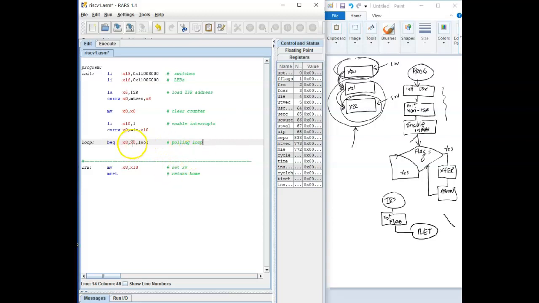X8 is going to be stuck here at 0 until I get an interrupt, and then that means x8 is no longer 0, so it's going to break out of this polling loop here. So at that point, we've done the interrupt service routine, we've done the yes, and I'm sorry, we have 2 yeses. Okay,